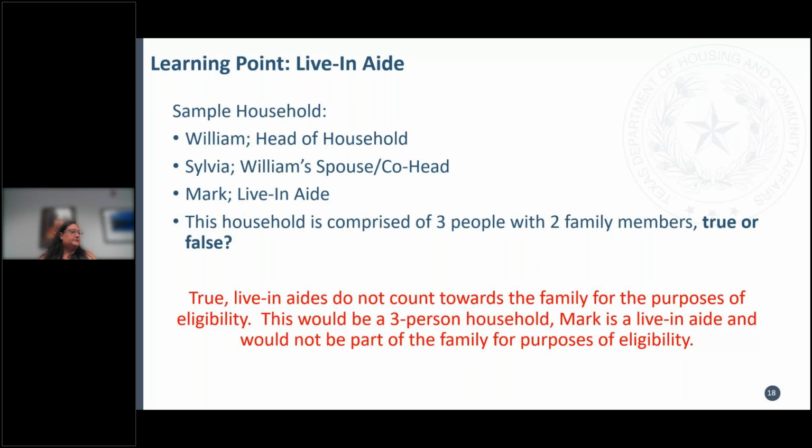How would you list a live-in aid on the lease? Would they be an occupant? I'm not an attorney. I'm not going to tell you how to put a live-in aid on the lease. That is something you would want to visit with your ownership, management, and property attorneys about. There is definitely some conflicting guidance out in the world about how to do that. So I'm not going to stand on one side of that answer or the other.